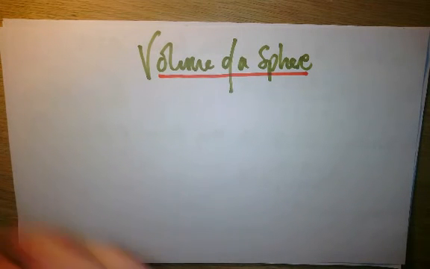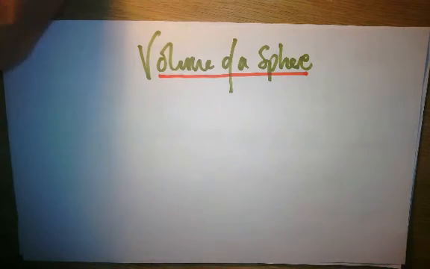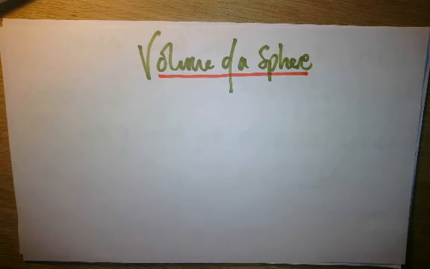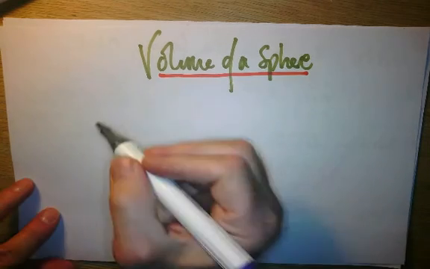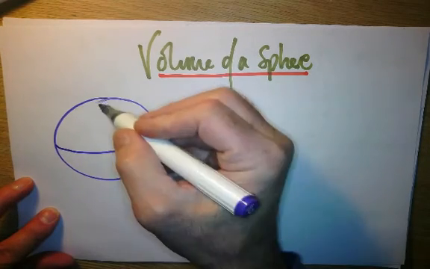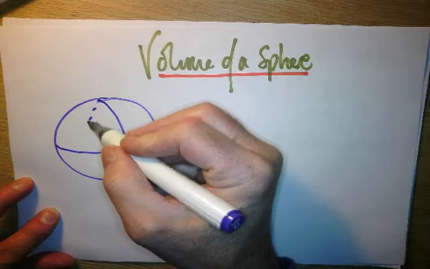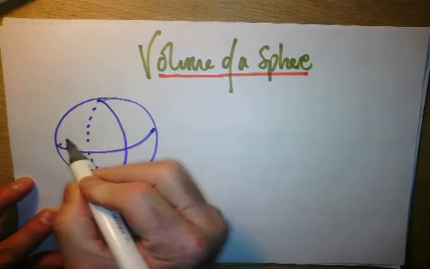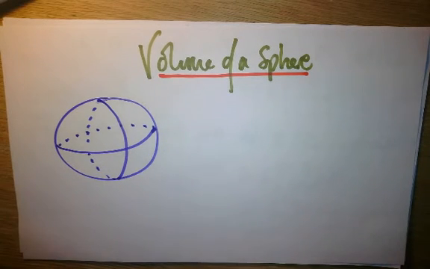Today we are going to look at the volume of a sphere. So first of all, what is a sphere? Well, it's like a ball, isn't it? And that's it there. And you can draw it like this with dotted lines going at the back. And there you go. And what you need to know about a sphere is actually